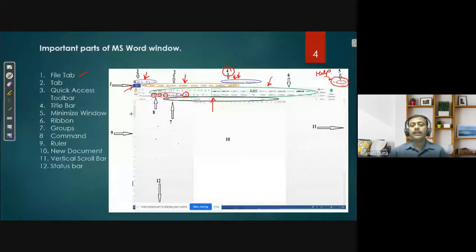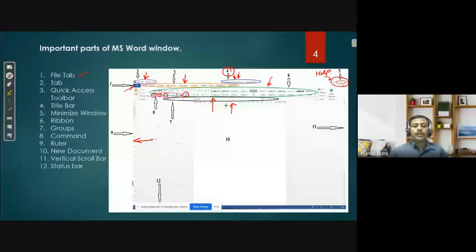And there are two rulers, the horizontal ruler and the vertical ruler. That will give you an idea about the margin of your document. So in a particular page, up to which portion there will be printing, and which portion will not be printed out. The locations where you have to write your document, which should not exceed a particular margin level, will be identified by these rulers.